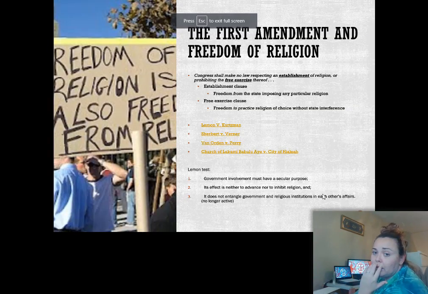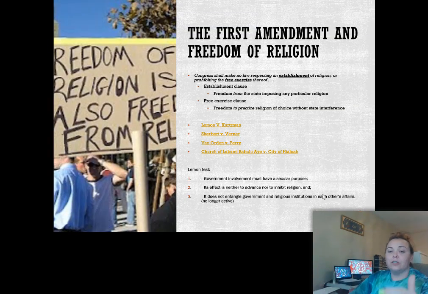So, the Establishment Clause is the first half of the First Amendment, preventing the government from respecting an establishment of religion or preventing the government from prohibiting the exercise of that. So if we're looking specifically at the first part of that, Congress shall make no law respecting an establishment of religion. This means they cannot prevent somebody from enjoying whatever religious practice they choose, and they also cannot promote one over another, okay? So, going back to Lemon v. Kurtzman,